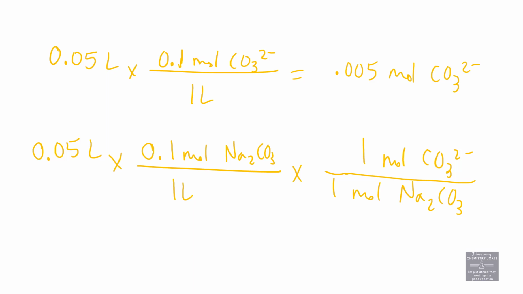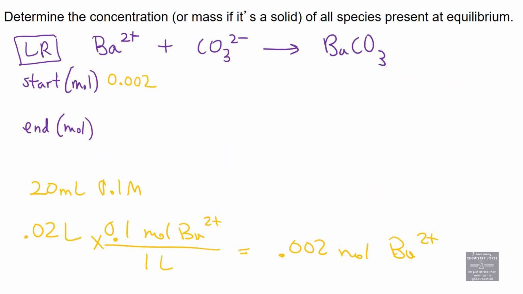But I knew that my ratio was 1:1, so I went ahead and made the assumption that it's 0.1 molar carbonate, just like it's 0.2 molar sodium in that initial solution. Okay, so 0.005 moles of carbonate. No barium carbonate has precipitated at the initial start of this